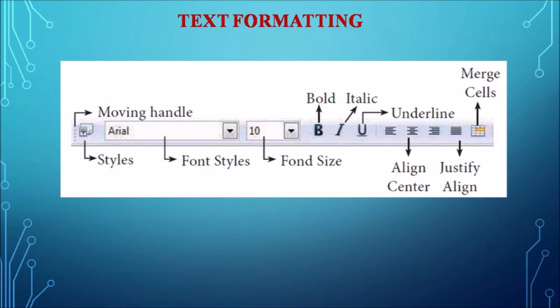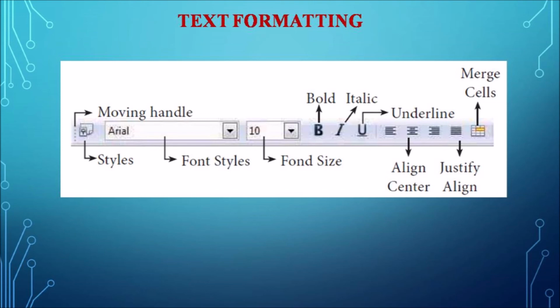And the remaining four options you see are the alignment. So left alignment, we have already seen in OpenOffice Writer. For paragraph alignment the same options are used. So like that here also, within the single cell, the data can be aligned. So align left, it will be aligned left towards the cell.